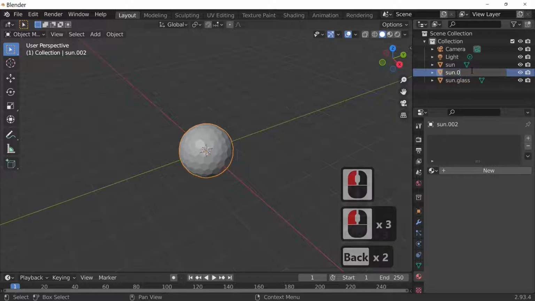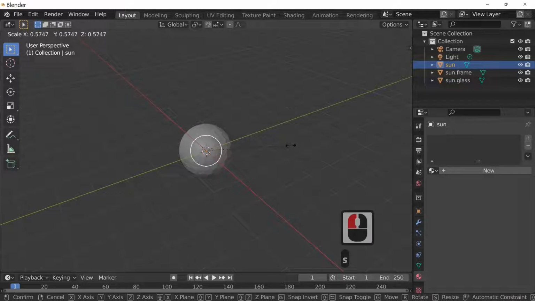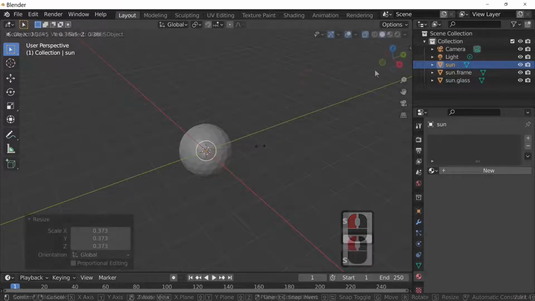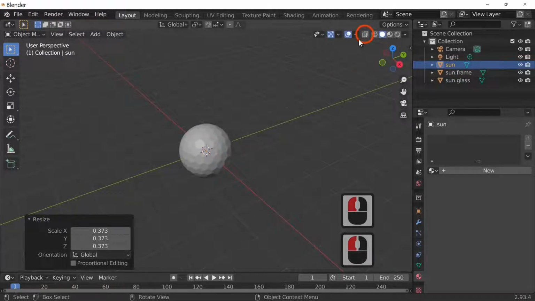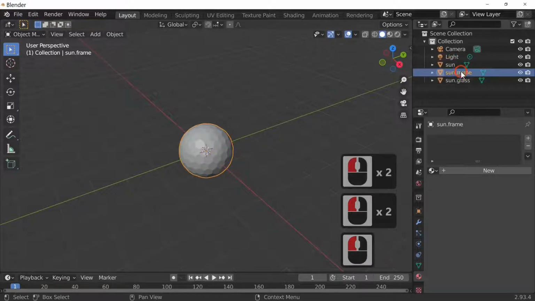This one we're going to call sun frame. The one that's the sun, we want that to be a lot smaller, so if I go into actual X-ray mode, I'm just going to scale this down until it's a tiny little thing in the middle. Back out of X-ray, and these two, which is the sun and the frame, as you can see it's actually flipping between the two. We're just going to leave them as they are.